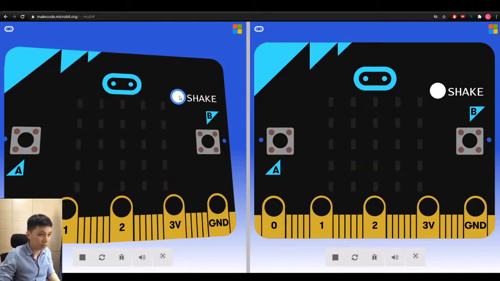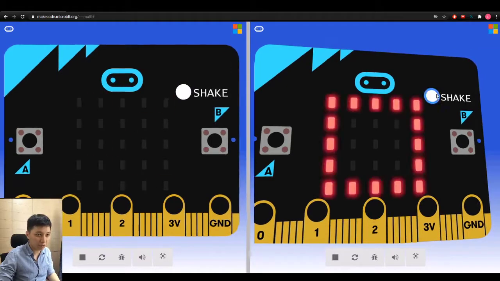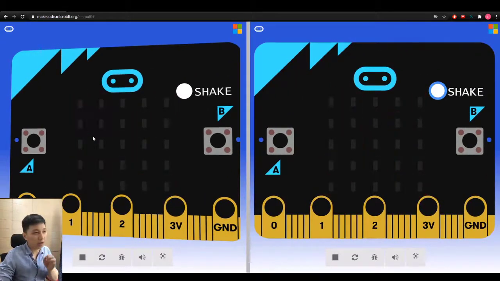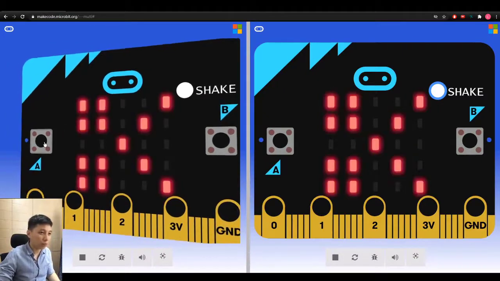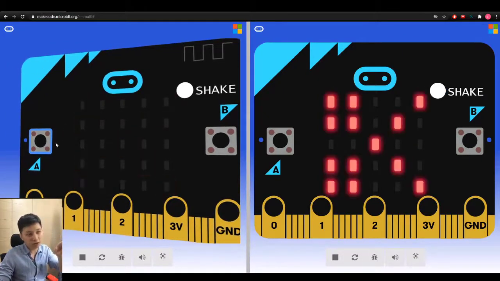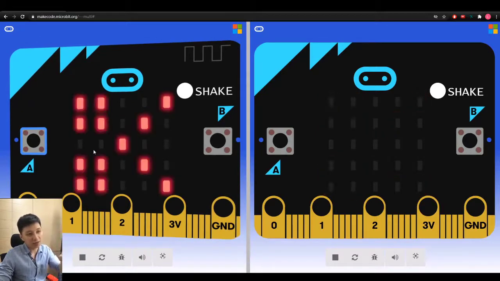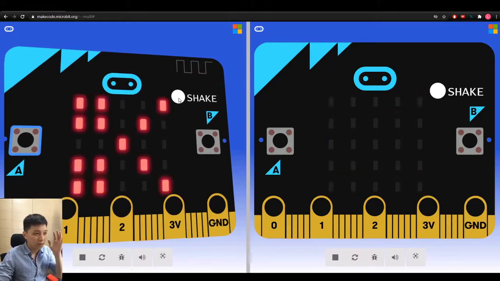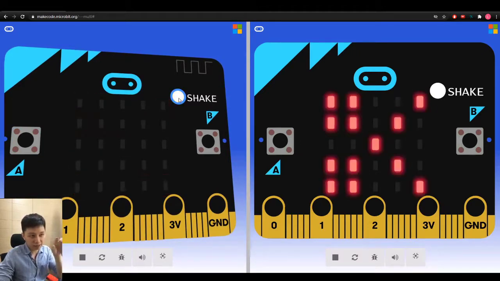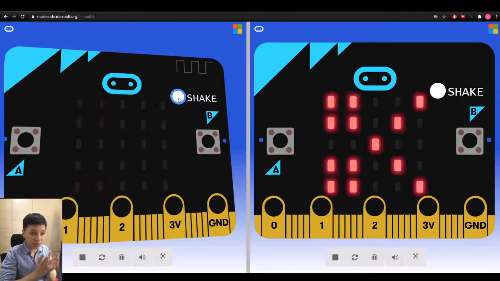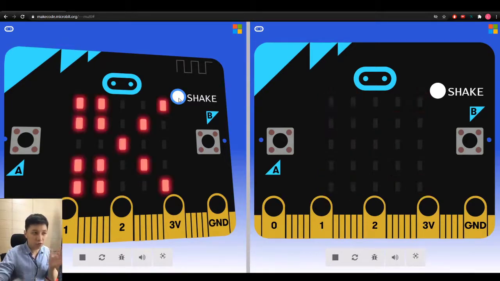So let's do a draw game first. Let's do scissors versus scissors. And so what happened now is, after I change the code, when you press button A, you send out a signal, and you see just now on the left hand side there's a tick. That means that you have confirmed the choice. And right now, if the one on the left keeps shaking, you can see right now I'm clicking the shake button. It doesn't change the choice anymore, so it kind of locked down your choice already,